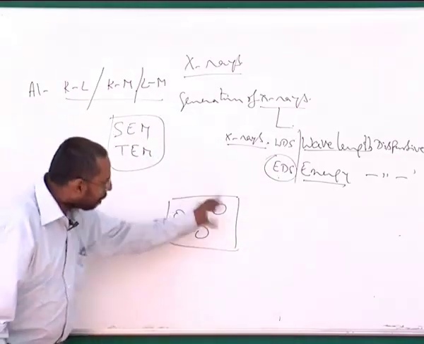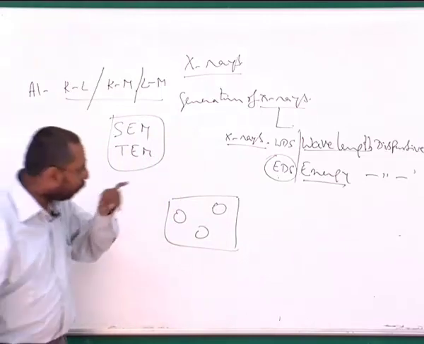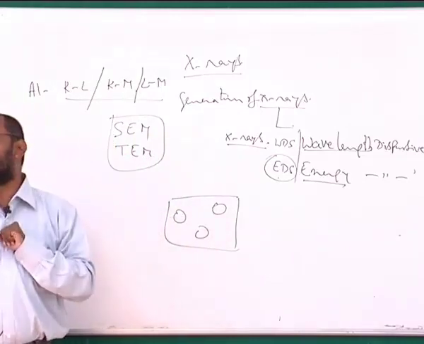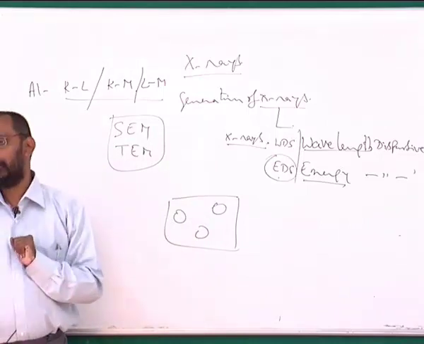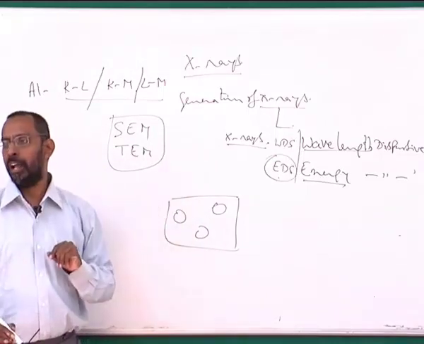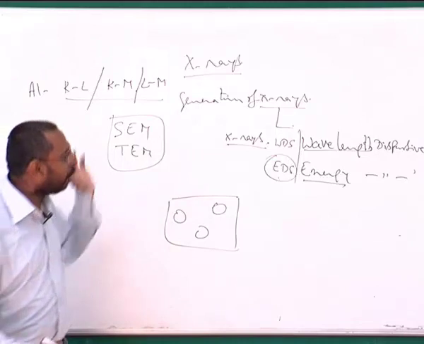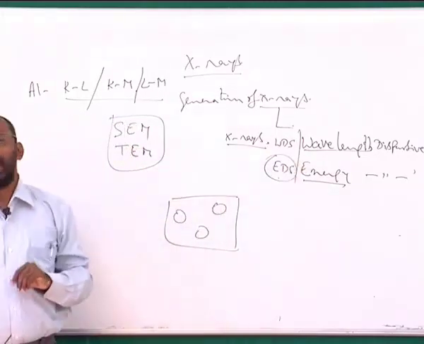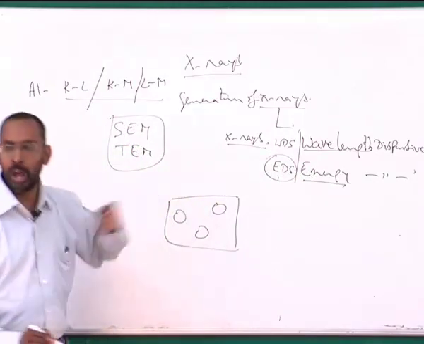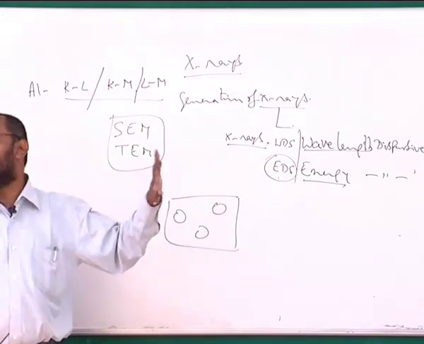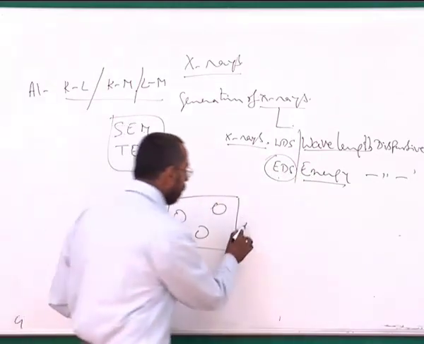Let's say I have a matrix and a precipitate. I want to know the precipitate composition. I want to know the matrix composition. For doing that, first of all, I should know the microstructure. I should be able to see the precipitate. I should be able to see the matrix. Only then does the question of whether I want to know the composition come into the picture. So that means it has to have the microscopy mode first. I should be able to see the microstructure.